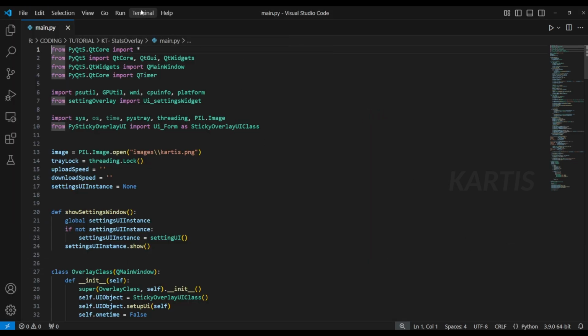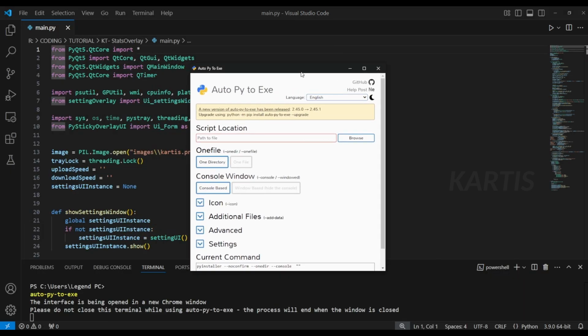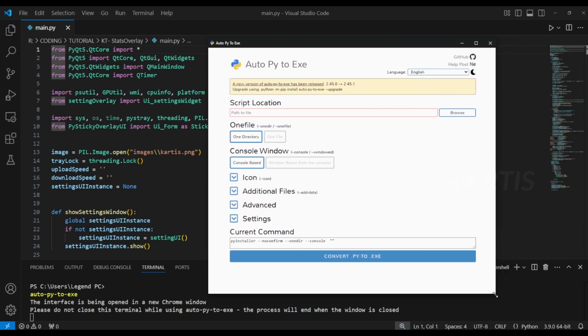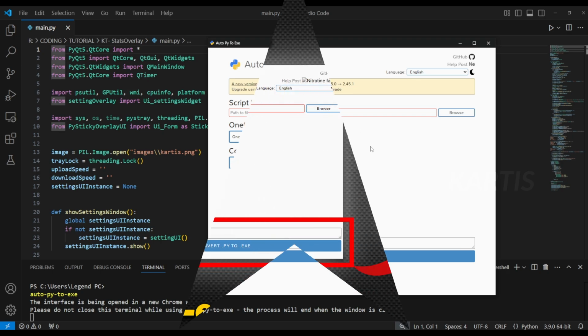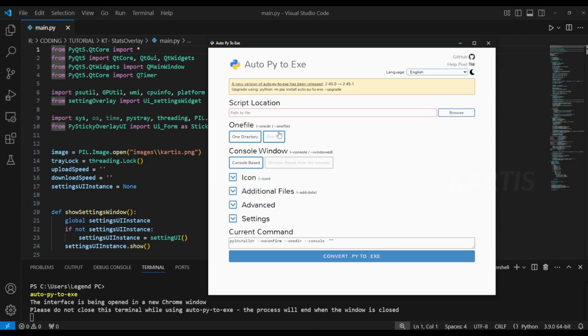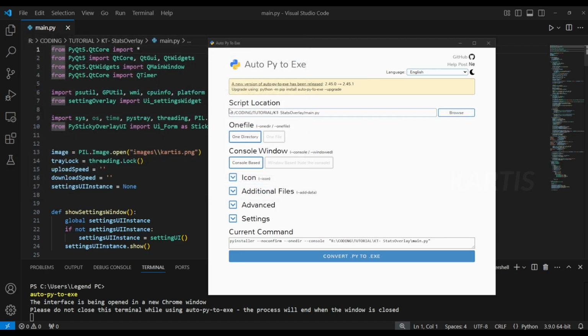Okay, I'm gonna rerun the program now. Go here, auto-py-to-exe. This just opened here, and yeah, I'm gonna enlarge this one. Yeah, we have this as a UI file. I have already uploaded a video about how to create an EXE file using your Python file, but I am not recommending you to watch that now because we have many more errors here than which I had on my JARVIS project. Now I'm gonna browse and take the main file as the script location,